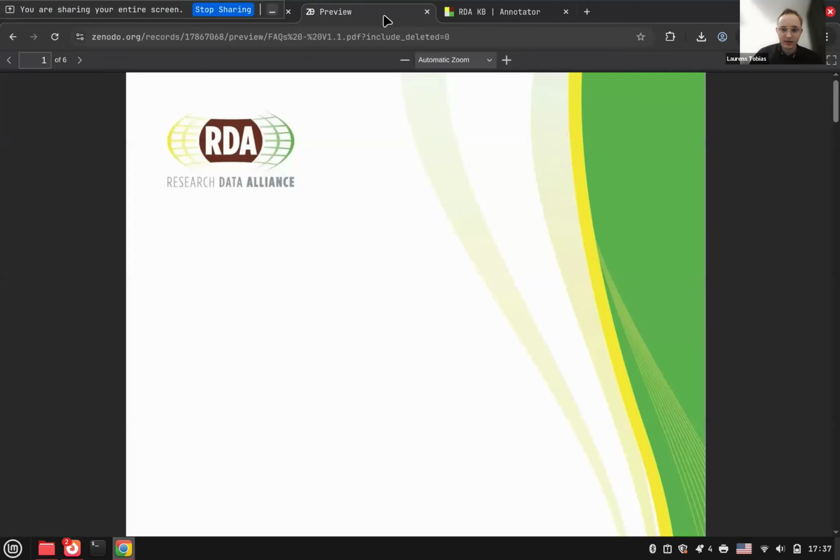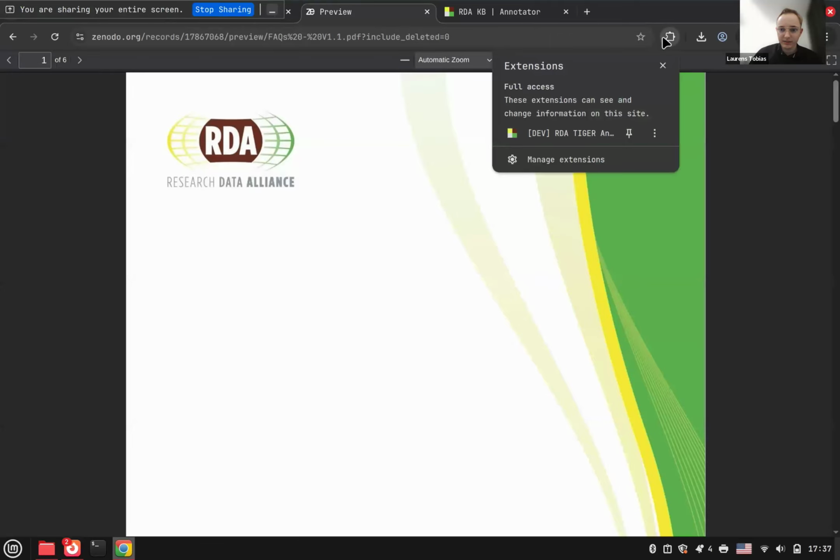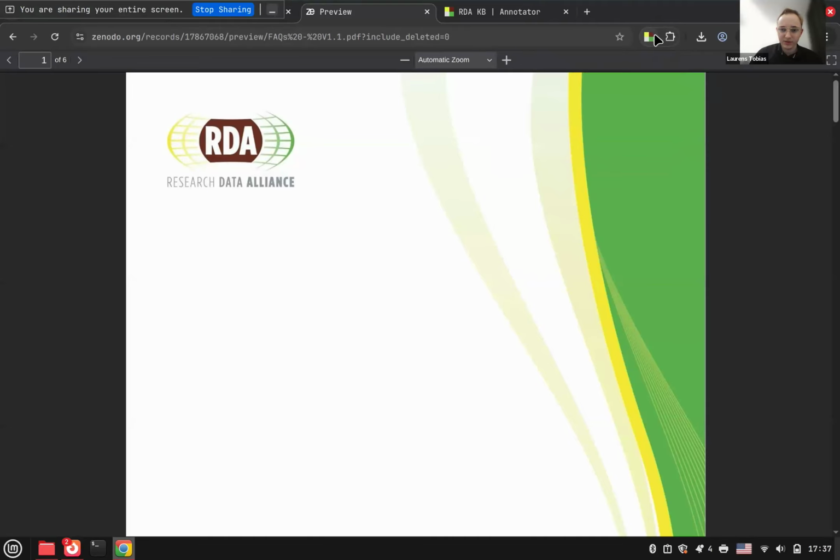And by enabling the browser extension, by clicking on the puzzle piece and then pinning it, you can see we now have the button of the RDA Annotator extension. And that is roughly the installation process. Again, this is temporary until it is improved in the browsers themselves, as then we can just navigate to the extension store and press the add button. Clicking the widget will enable